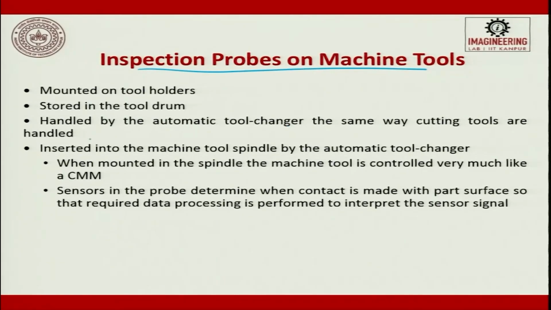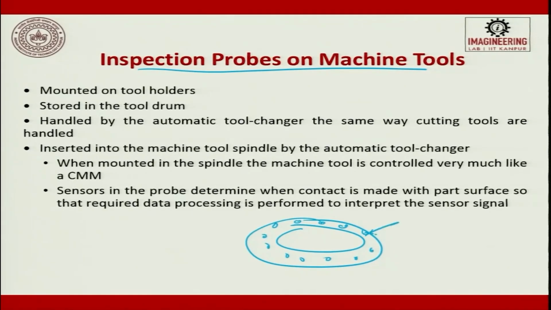The same way a cutting tool is handled, we have a probe. We saw a tool magazine in a CNC machine. In this you will have multiple tools, and one tool will also be your probe. It is handled by the automatic tool changer. To switch from the cutting tool to a probe, we will use an ATC, which inserts it into the machine tool spindle,